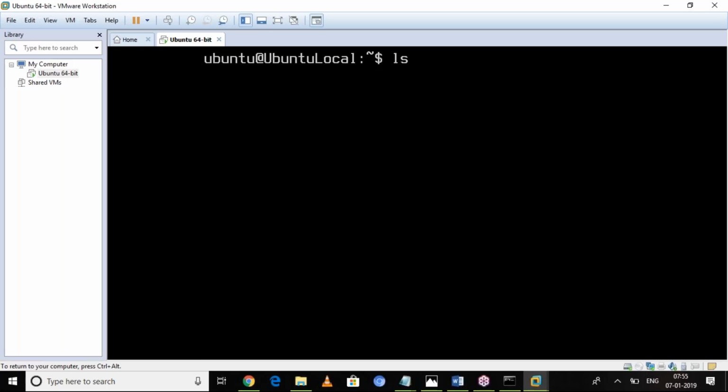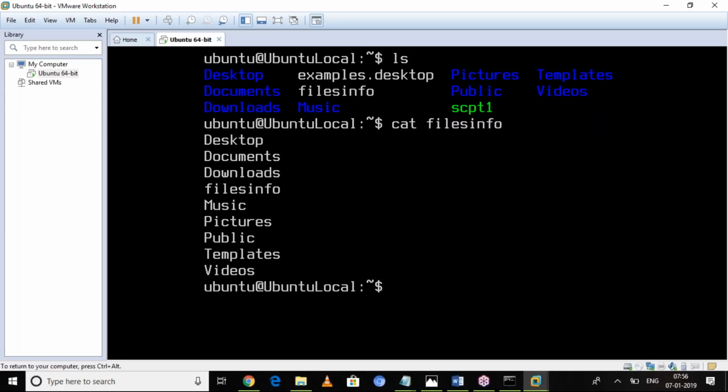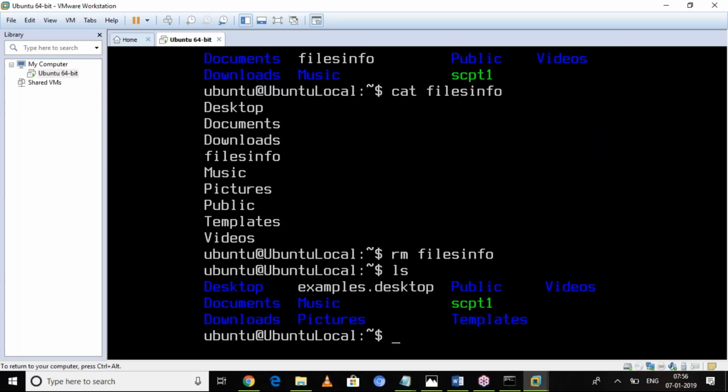If you want to see files, ls. If you want to move to any other directory, or open any file's data, you can do it. If you want to delete a file, delete it, and see the resultant files. In the above file names list, you can see the files. In the below file names list, you can't see it because the file was deleted.